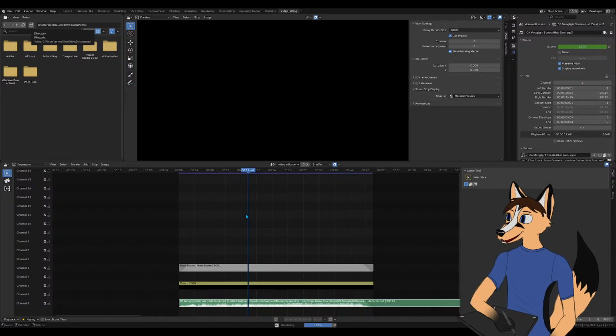But the good news is I'm using Eevee as my rendering engine, so it is going pretty quickly. Sometimes I do use Cycles just for the lighting to look better, even in my 2D or 2.5D animations. But in this case, nothing really had any lighting.